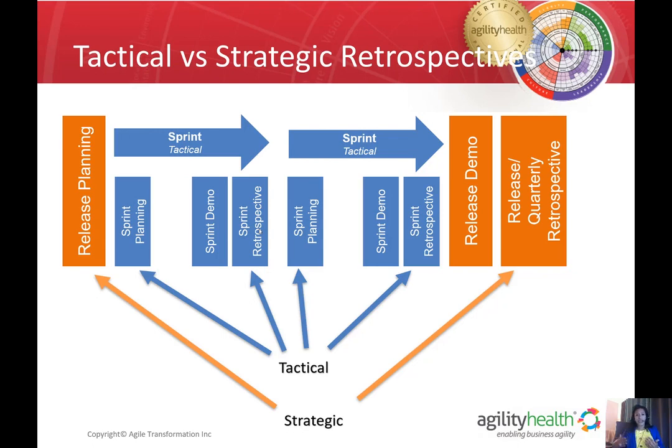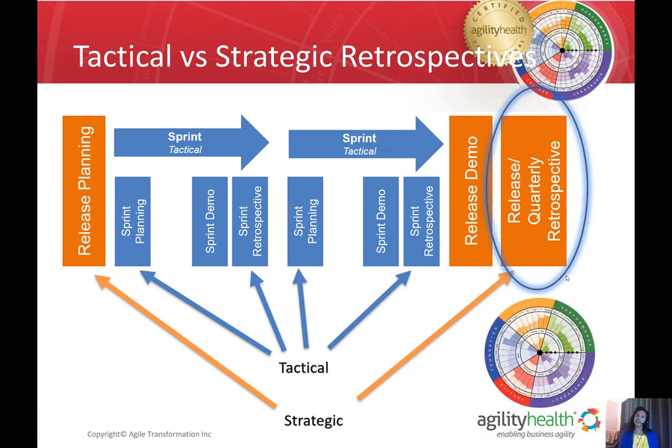So it's 2.5 to 3 hours in length, because we want the team to take the time to think about the root cause and how to impact change for your team and really for the organization overall, and how do we grow to that next level. So not just thinking about things at the team level, but as we said previously, also at the organizational level. Where do we need help from our managers and leaders? And so this is your Agility Health quarterly strategic retrospective.